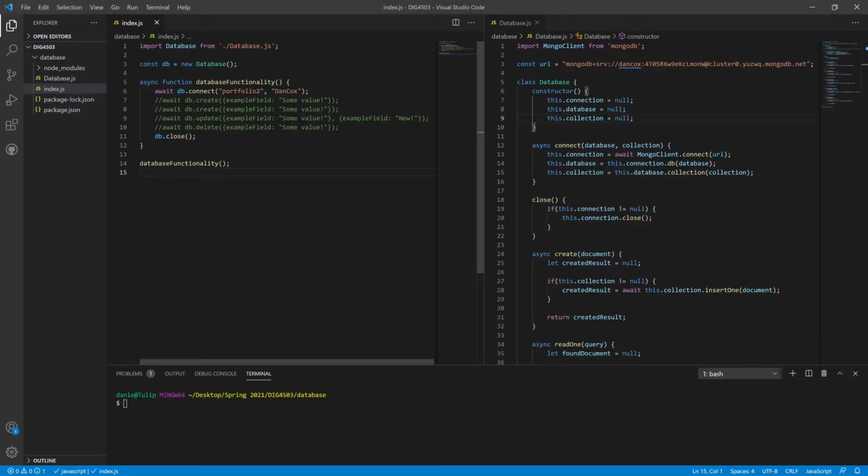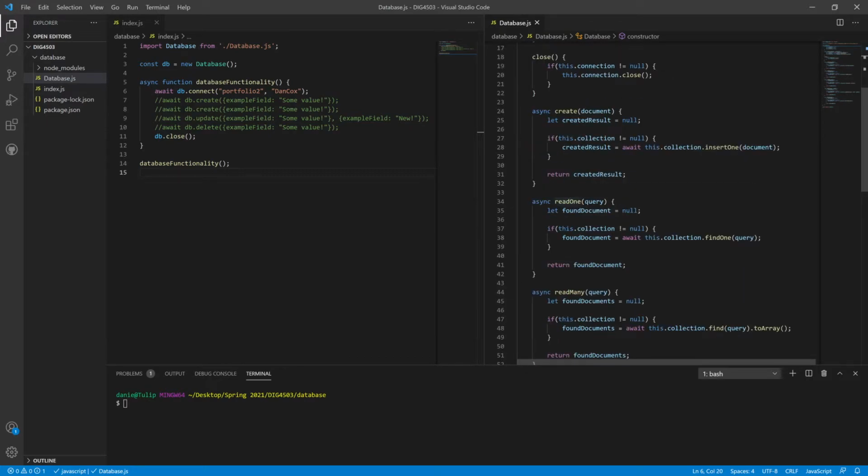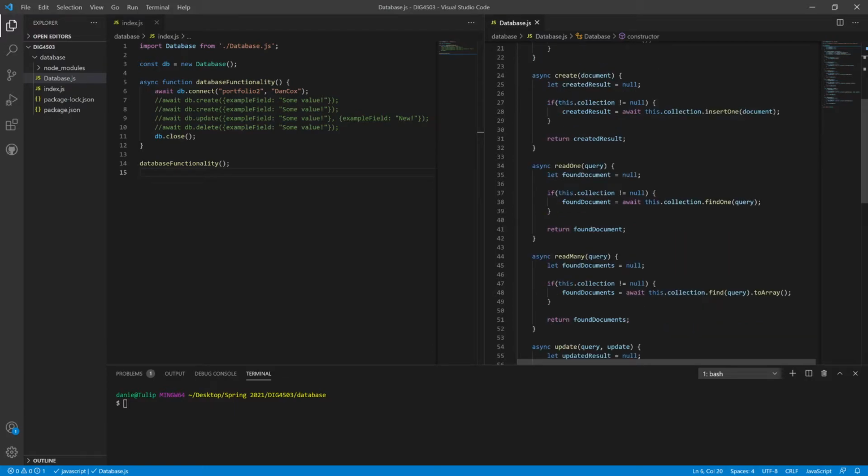So in Visual Studio Code, I have used the split editor to split two different files. On the left right here is an index.js file that is importing a database and has an async function with some functionality that will be used one by one. Over on the right-hand side is all of the code pointed out across this video. For all of the slides, it has the constructor, connect, close, create, read one, read many, as was just covered,